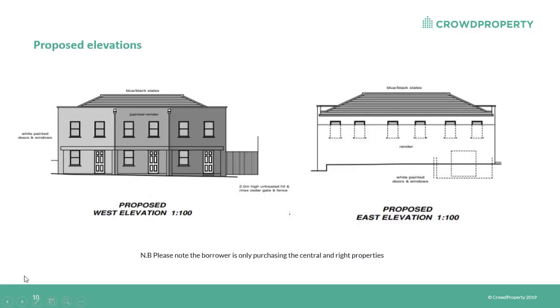So here's the elevations. We're talking about this property here and that property there. The other property is done by somebody else. So the borrower is only purchasing the central and right hand property. So that's how it looks from the front, and that's how it's going to look from the rear, showing you